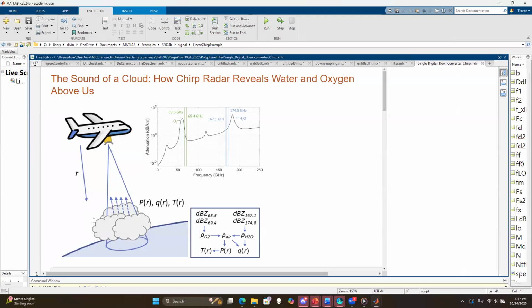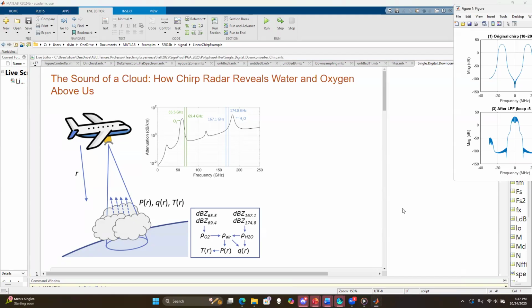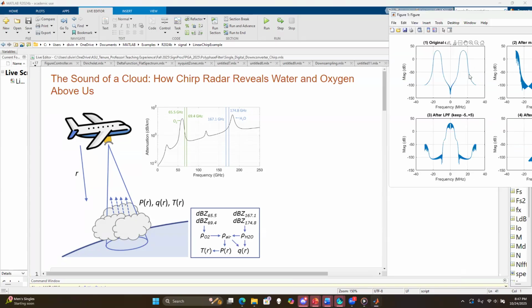To study them, we send out a radar chirp, a signal that sweeps smoothly across frequency like a rising note. As it travels through the cloud, each droplet and molecule reflects a slightly different frequency, revealing its size,